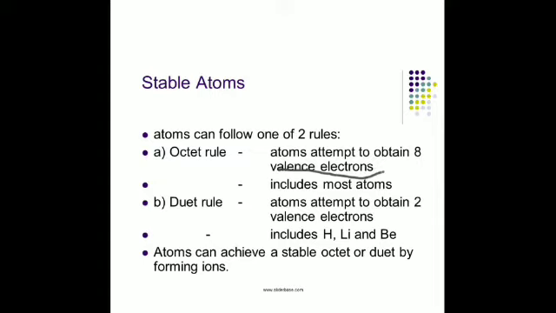However, when the outermost shell of an atom is the first shell or K shell, it cannot accommodate more than 2 valence electrons. Is that clear? This is known as the duplet rule or the duet rule. Then, unless and until the earlier shells are filled up, electrons do not enter a new shell.